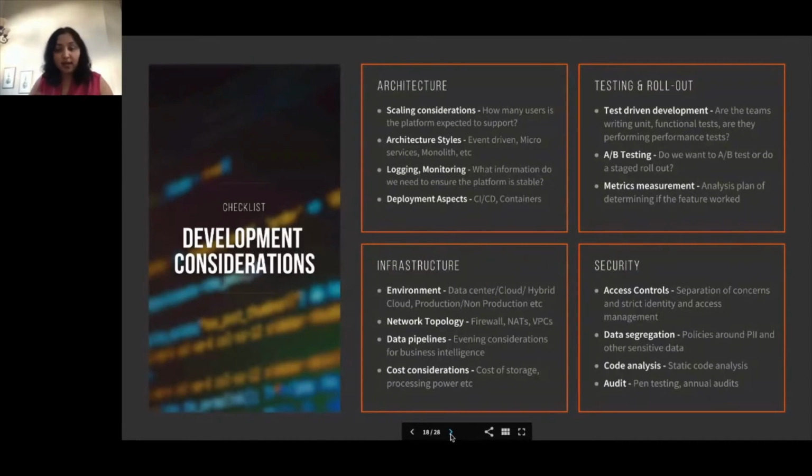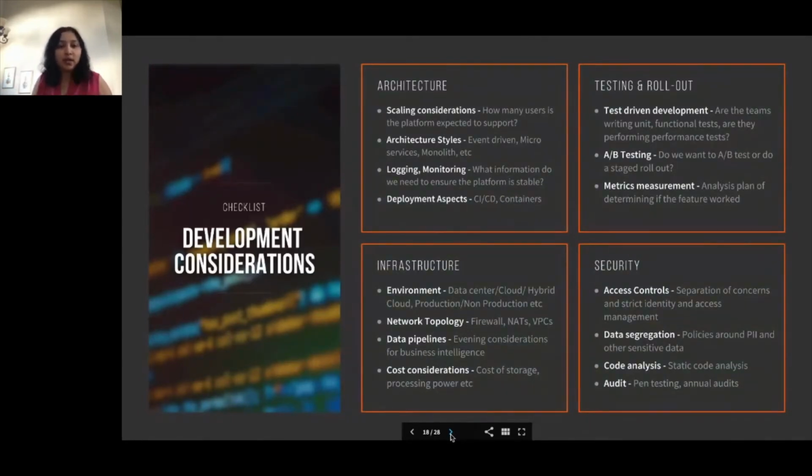In a SaaS product, is it a registration metric? Do I want to measure the number of users that I'm driving to the platform? Do I want to measure the engagement itself, the time spent on a particular app? And the third one that's very key is infrastructure. How am I going to deploy this? Infrastructure, almost always, these decisions are directly proportional to the cost that you're actually going to be spending, your OpEx. So you want to make the right decisions, keeping the number of users and scaling considerations in mind.